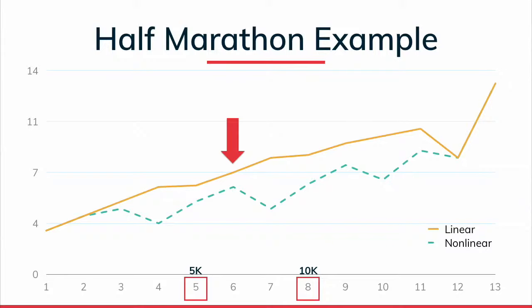Whereas, the tortoise and the hare type of situation, non-linear, you've got somebody who just keeps chugging along, and actually over the course of those 12 or 13 weeks, will end up missing fewer sessions, and therefore not only getting more volume, but much more importantly, a better quality of training sessions.